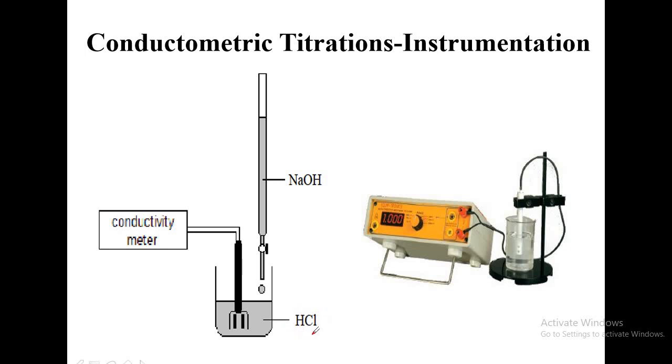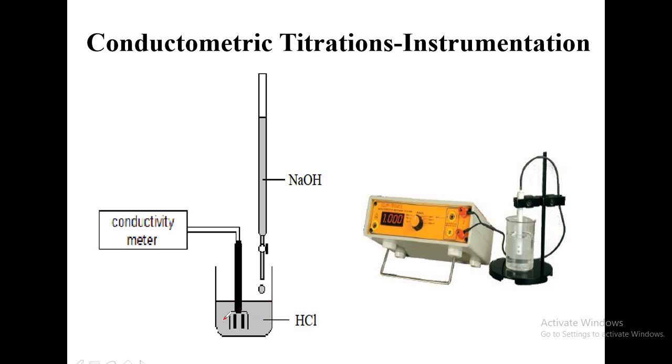Hydrochloric acid being a strong acid, it undergoes complete ionization in the solution. So we have a large number of H plus ions in the solution in the beginning. H plus ions are small in size and their number is very large. That is why they contribute more to conductance, whereas Cl minus ions are comparatively bigger in size, therefore their contribution towards conductance is less.